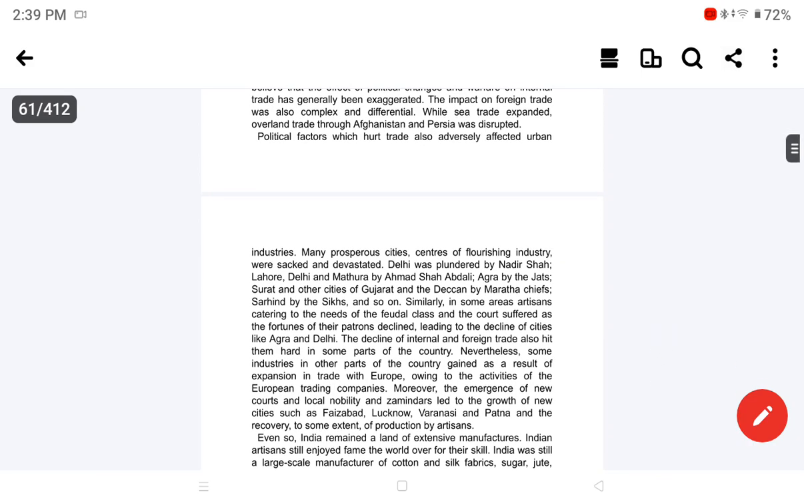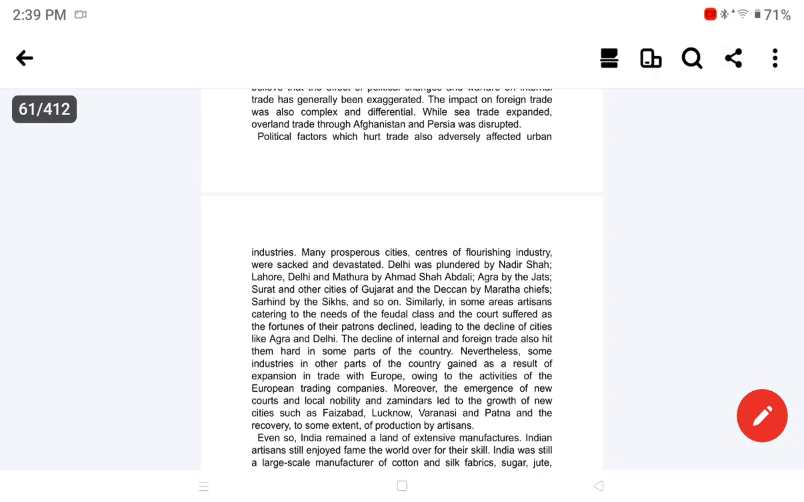Political factors which hurt trade also adversely affected urban industries. Many prosperous cities, centers of flourishing industry, were sacked and devastated. Delhi was plundered by Nadir Shah, Lahore, Delhi, and Mathura by Ahmad Shah Abdali, Agra by the Jats, Surat and other cities of Gujarat and Deccan by Maratha chiefs, Sarhind by the Sikhs, and so on. Similarly, in some areas, artisans catering to the needs of the feudal class and the court suffered as